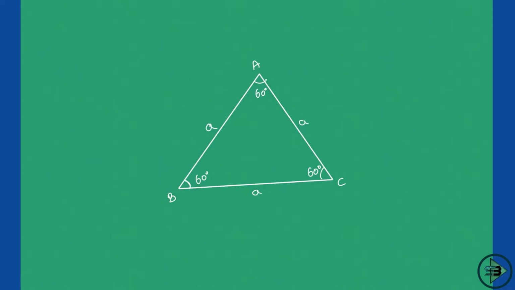Now the first question that I'll ask you here is, what is the area of this equilateral triangle? So you will say, I'll draw a perpendicular from here. The perpendicular is always the height, and the area will be equal to half into base, which is A, into height, which is H. So half into base into height will be the area of this equilateral triangle.